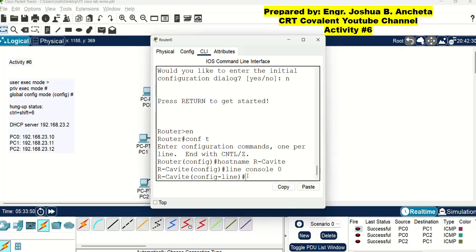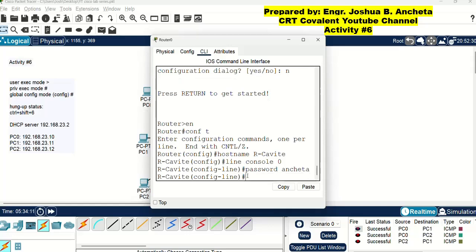Then enter, then password. Same as in the previous activity, activity number 5, our password for this is the surname. So I will put the surname, then enter, then type login. This is for logging in to the user executive mode.